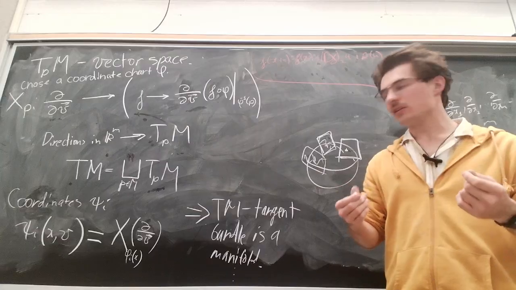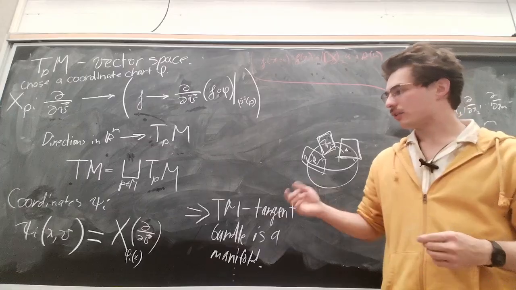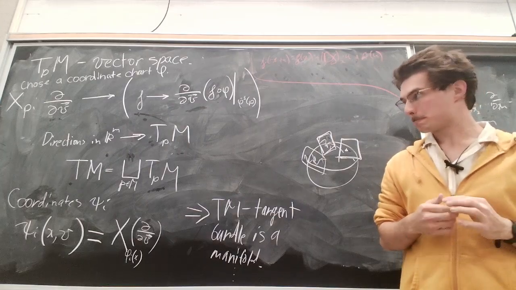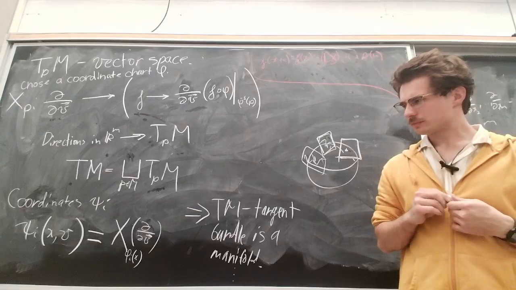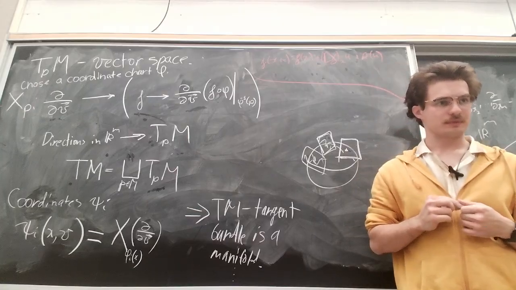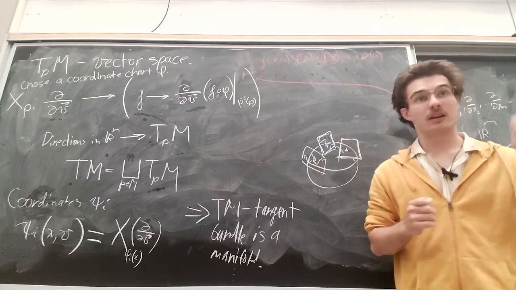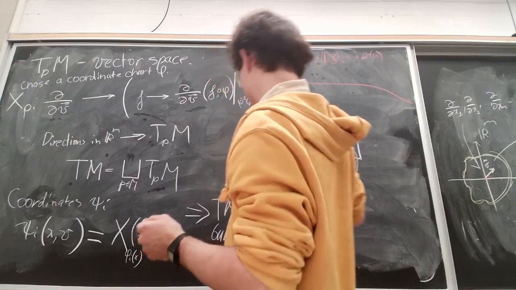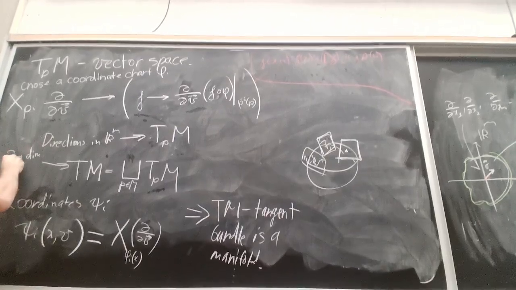And it turns out that this tangent bundle is also a manifold, where the coordinate charts are taken from the coordinate charts that I had on my original manifold. Okay. All right. So yes, this manifold is now locally homeomorphic to R^2m. Correct. So TM is now a 2m-dimensional manifold